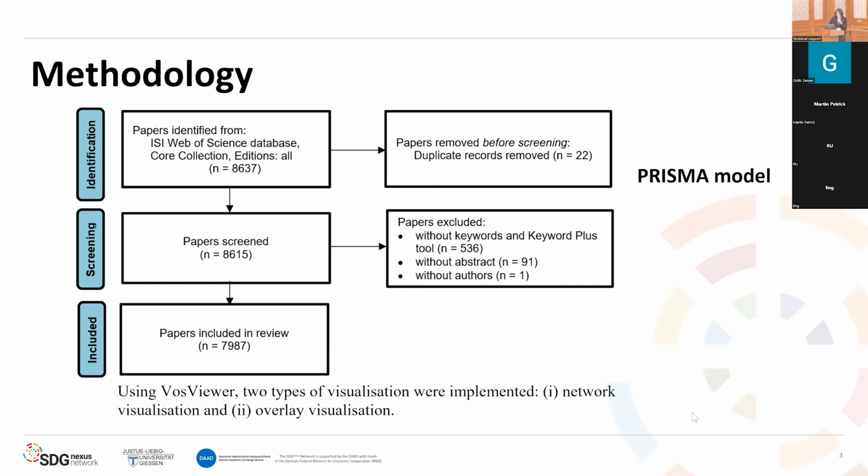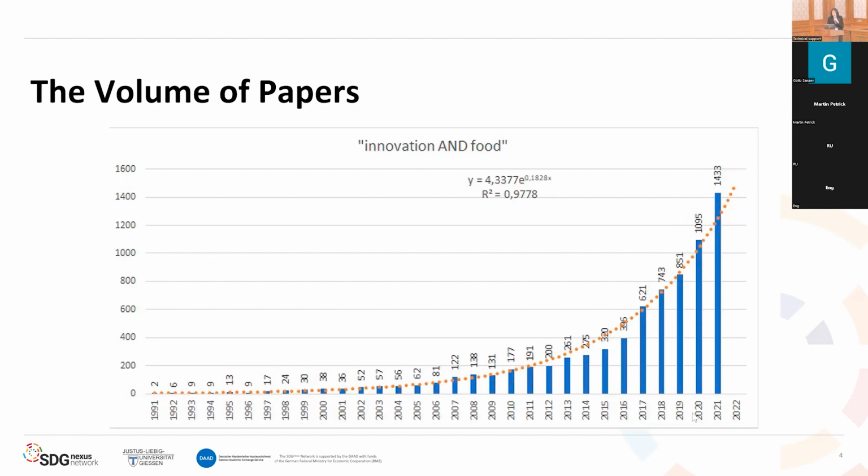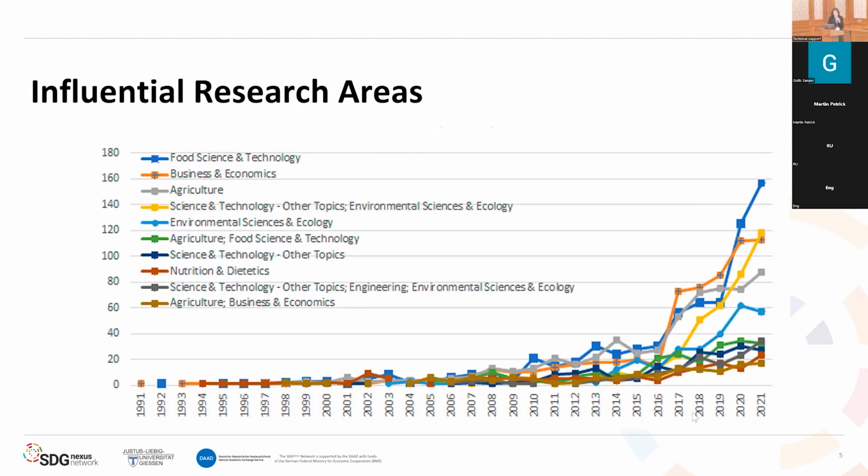As shown on the slide, over the past 32 years, there has been linear growth in the number of published research papers till 2015, followed by exponential growth. On the next slide, you can see the graph of the dynamics of the number of publications in the 10 most significant research areas, which shows the two research areas that mainly drive exponential growth: food science,